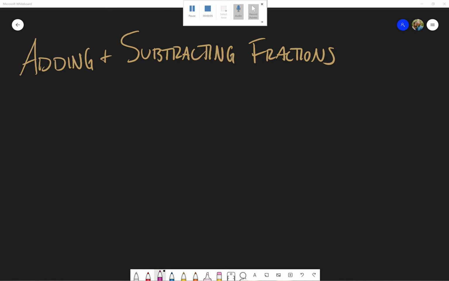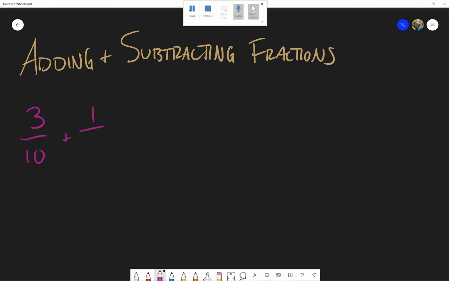So, today we are talking about adding and subtracting fractions. We're dealing with how do we add fractions, how do we subtract fractions. We're getting into a whole section all about fractions. So, today we're starting easy with some adding and subtracting. So, starting off nice and easy, if we were to go something like